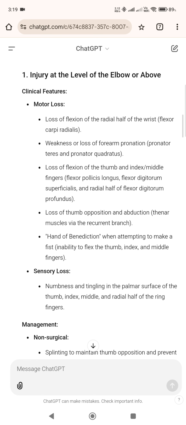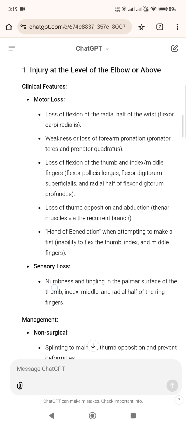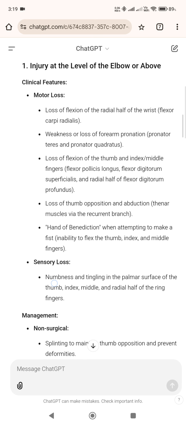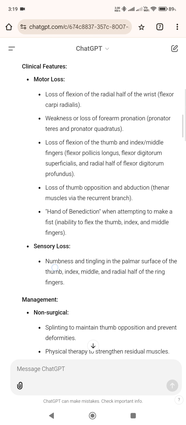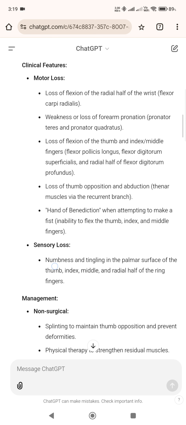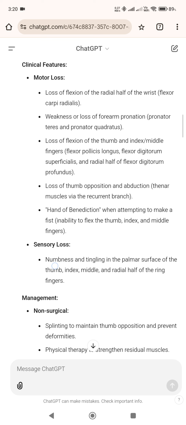1. Injury at the level of the elbow or above. Clinical features: motor loss, loss of flexion of the radial half of the wrist, flexor carpi radialis, weakness or loss of forearm pronation, pronator teres and pronator quadratus, loss of flexion of the thumb and index and middle fingers, flexor pollicis longus, flexor digitorum superficialis, and radial half of flexor digitorum profundus, loss of thumb opposition and abduction, thenar muscles via